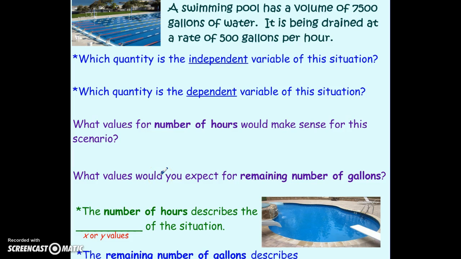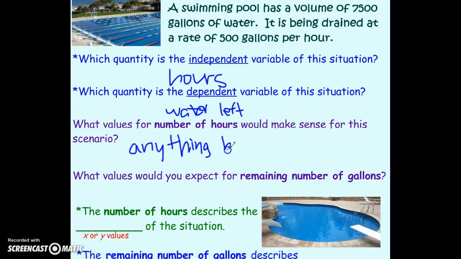Okay, so we're going to continue the same process with our independent-dependent variable. So our independent would be the hours, and the dependent would be the amount of water left. The next question, what values for number of hours would make sense for this scenario? Well, anything bigger than 0,